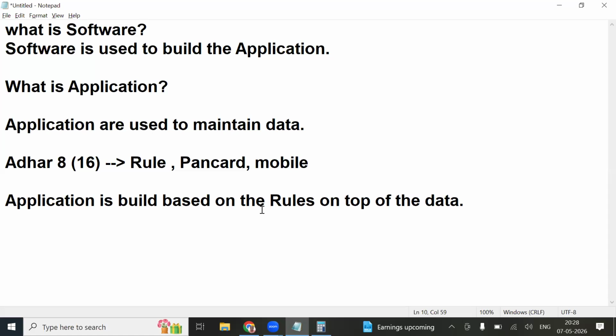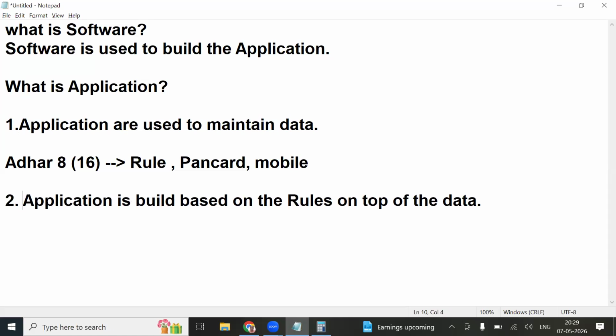Where am I going to apply a rule? Say yes or no. You are going to apply the rule based on the data. Am I right or wrong? So the main purpose of building applications is, first, maintaining data. The second purpose is applying rules on top of the data. The third purpose is,